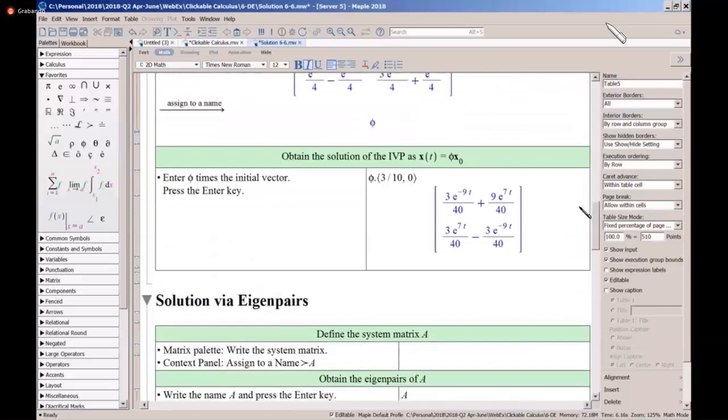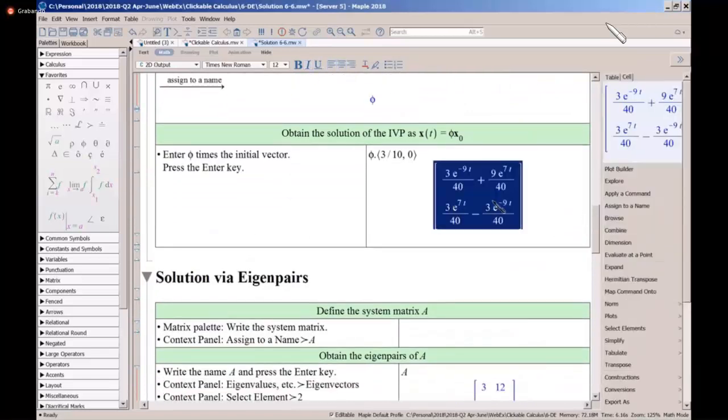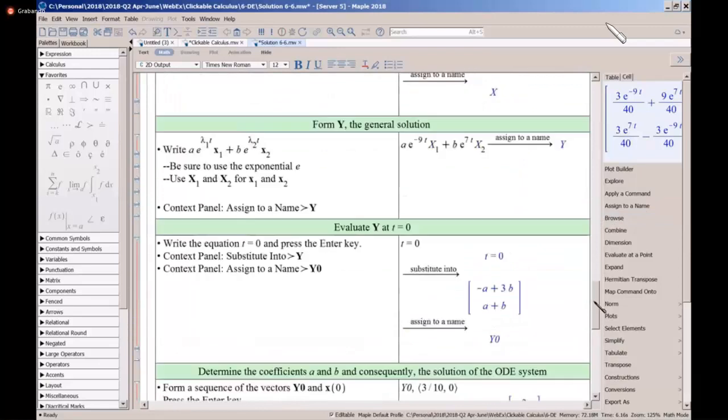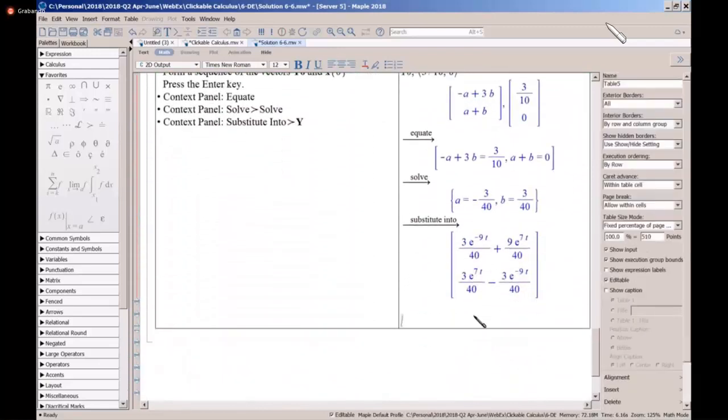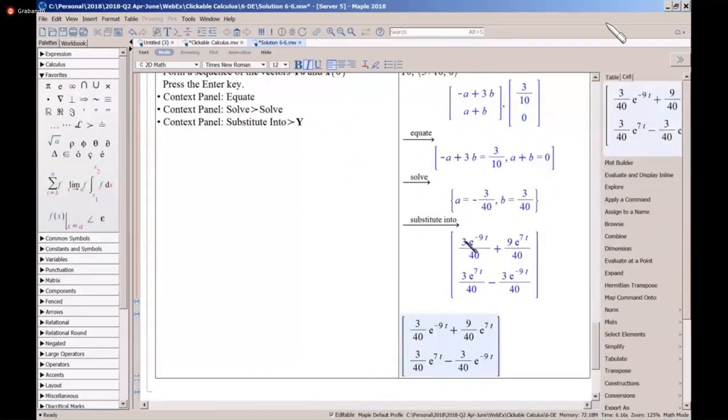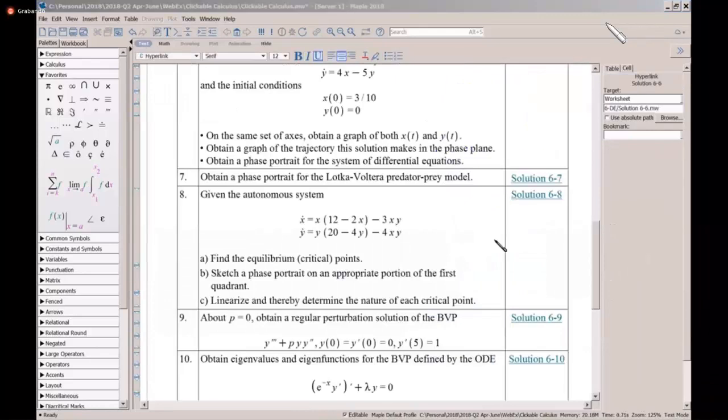I want to compare that to the solution we had in the fundamental matrix. So I'm going to copy this and paste it down here so it's easier to compare. And except for the way the fraction is written, 3 over 40, 3/40ths, you can see that these solutions are the same. There's another tool that's useful for solving nonlinear autonomous equations, and I'll use as an example the Lotka-Volterra